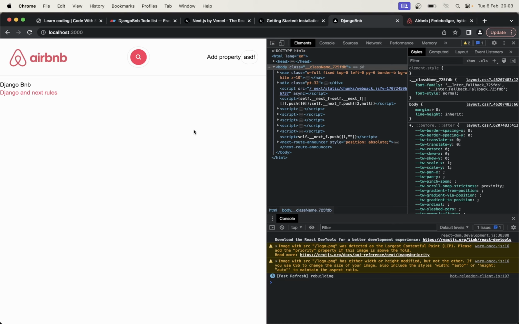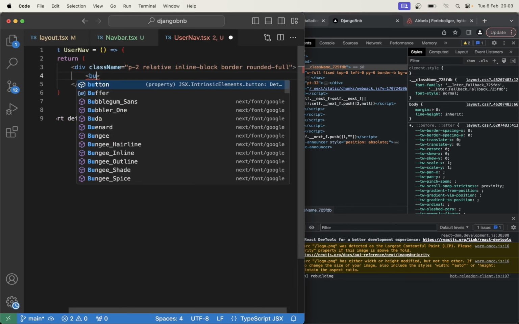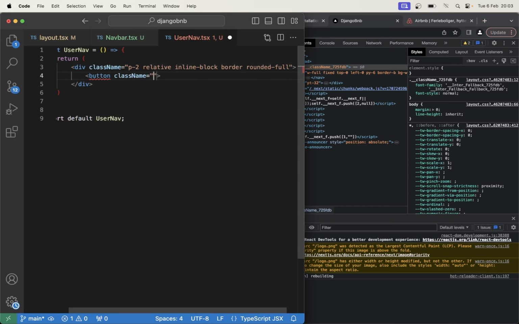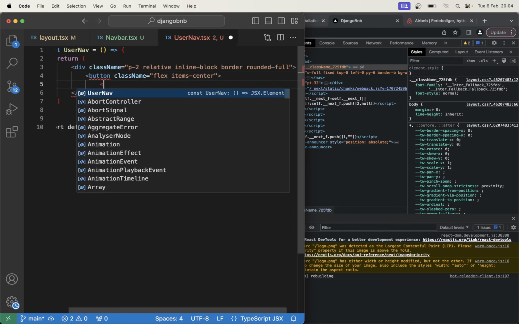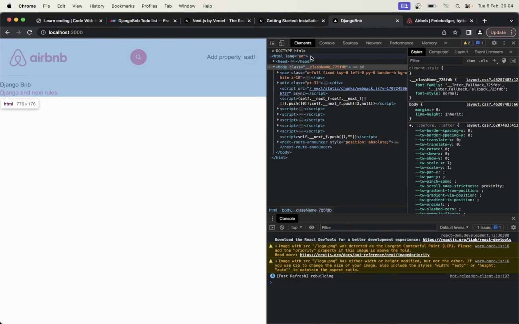In here, I want to have a button, and when you click that, I want this menu to pop up, but we're not going to build the menu right now, but we want to have the button. So button, give this a class name of flex and items center, and in here I want to have two different SVGs. Close the button, and I think I just want to go to hero icons to get these two. So if I go to the browser,